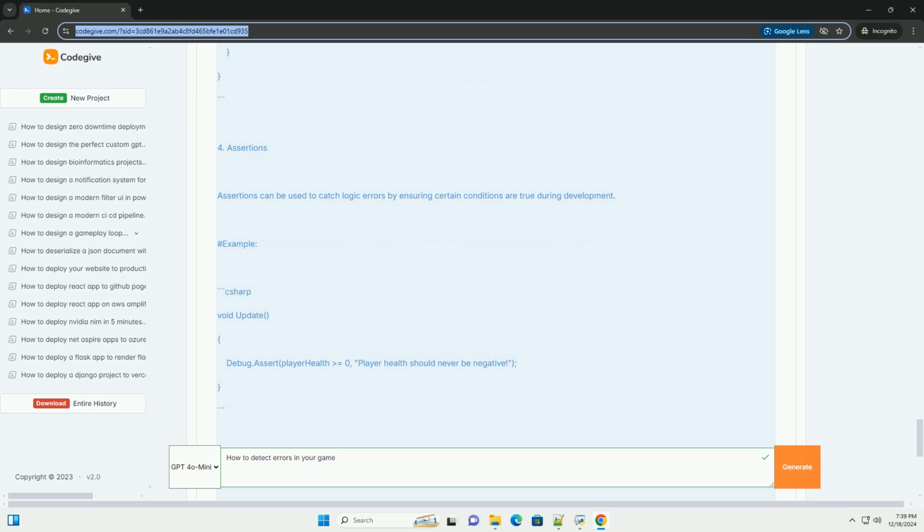6. Unit testing. Write unit tests for your game logic to ensure that methods behave as expected. Example with NUnit, C#: [Test] public void TestPlayerHealthReduction() { Player player = new Player(); player.TakeDamage(10); Assert.AreEqual(90, player.Health, 'Player health should be reduced by 10');